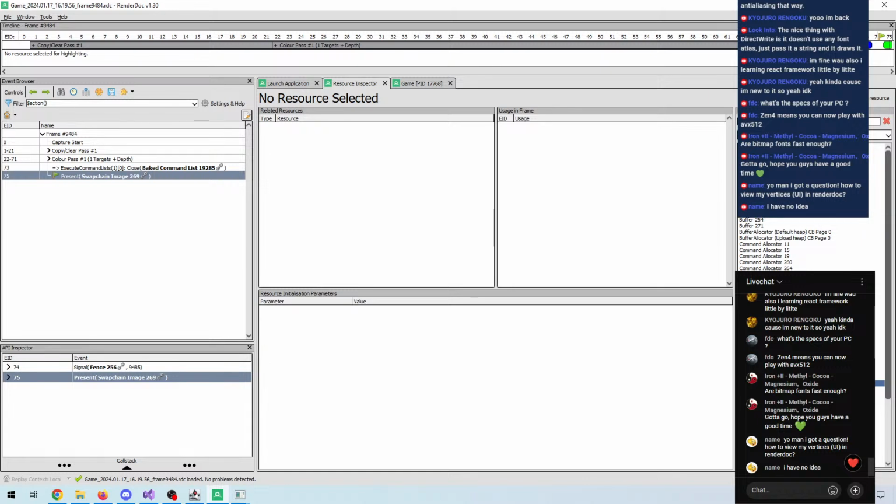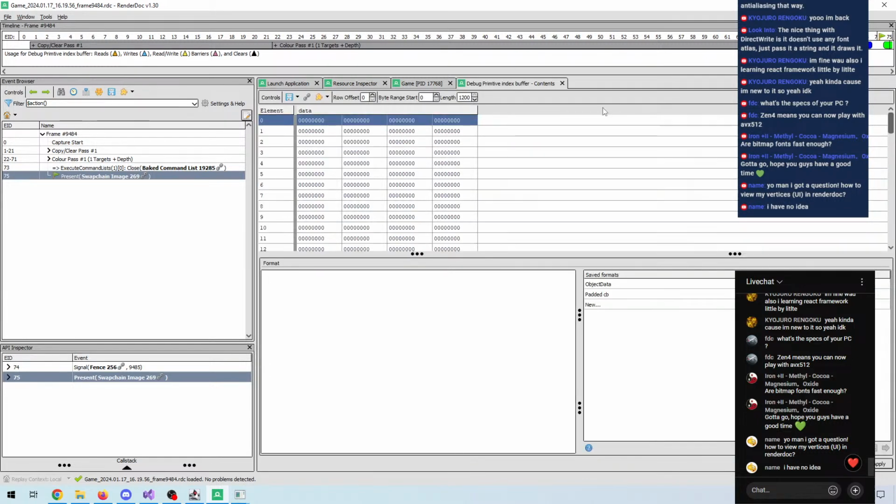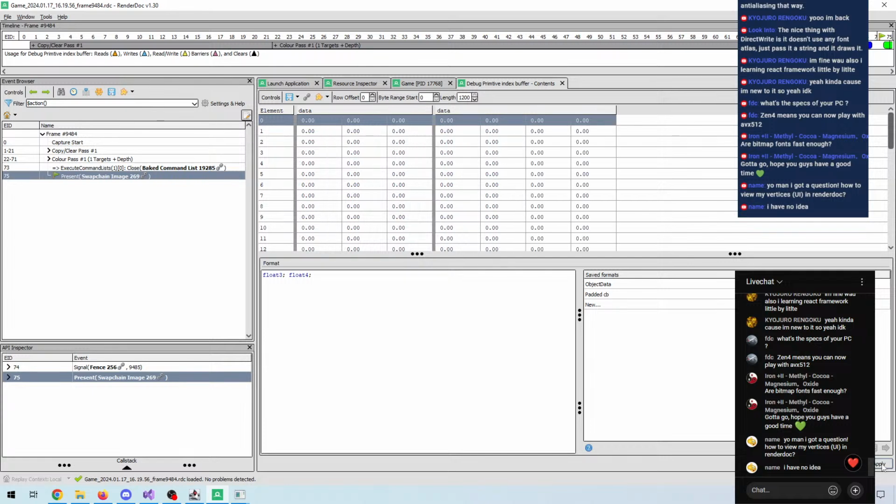For instance, I have some debug primitive buffers. I double click that and view contents. Then you have to type out a format. Maybe you have float3 as a format and then a float4 or something. Then you press apply down here and everything gets sorted. This buffer is empty, so nothing is stored in it, but